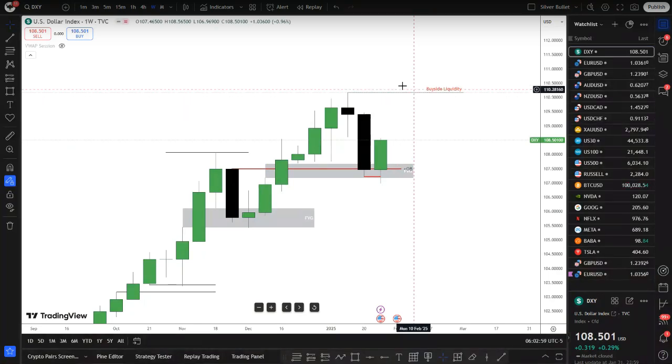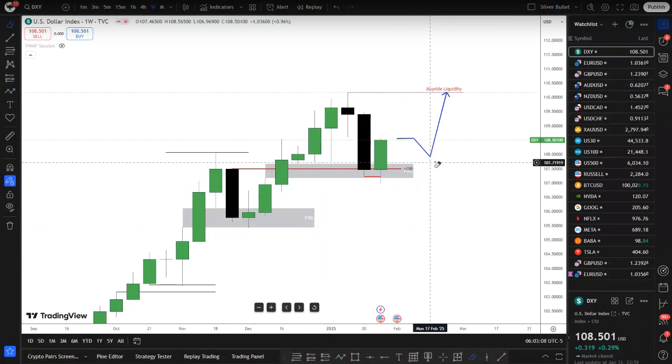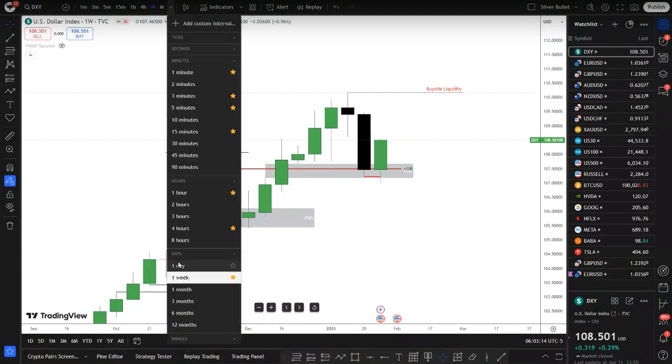If I'm expecting a bullish week, I want to find the opening price of the week. I want to see the manipulation low. I want to see price distribute to the upside in this case. So I am bullish for this week. My main draw on liquidity for this week is going to be this high here, 110.17. Let's go down to the daily chart here.